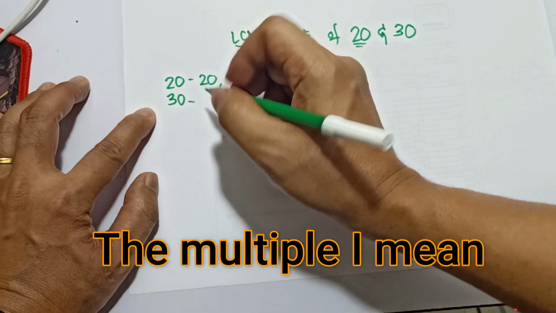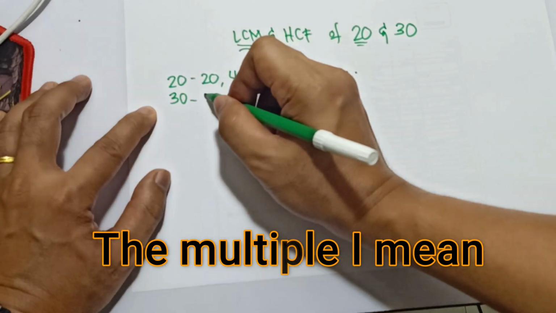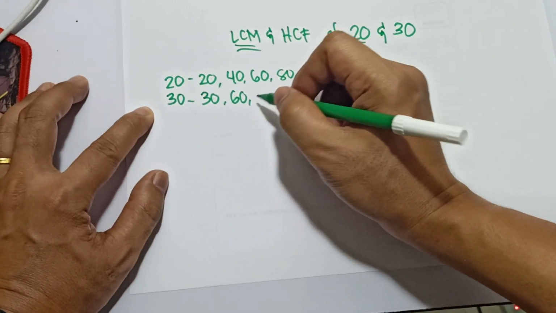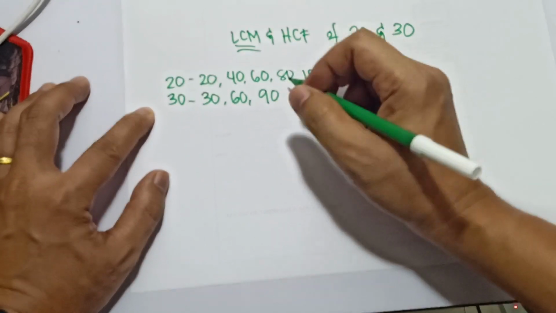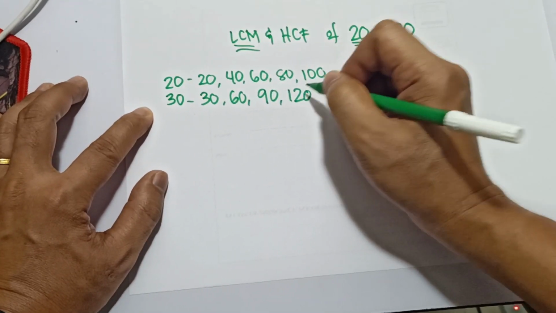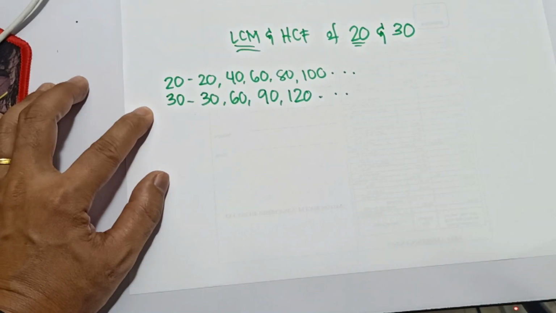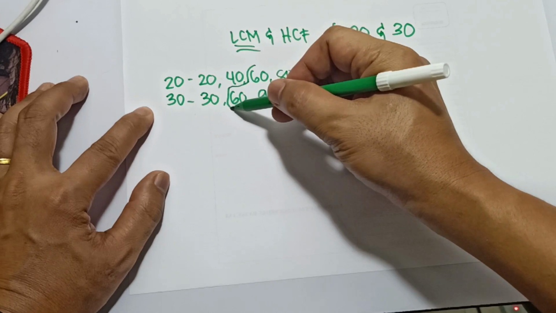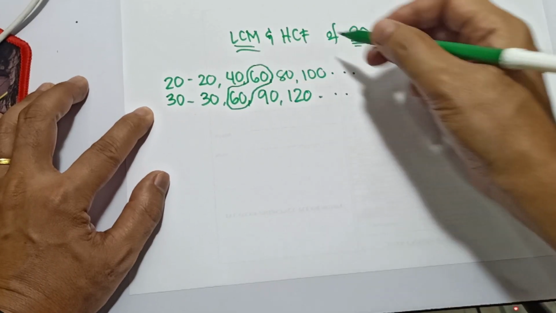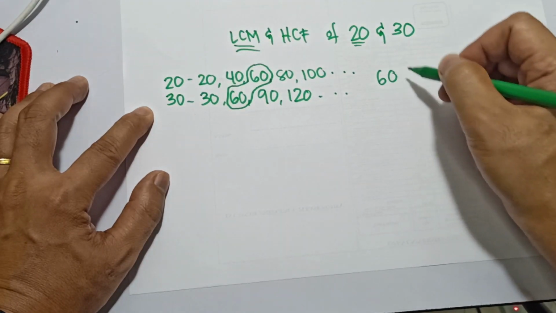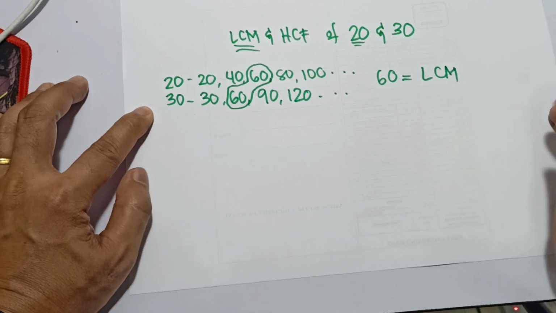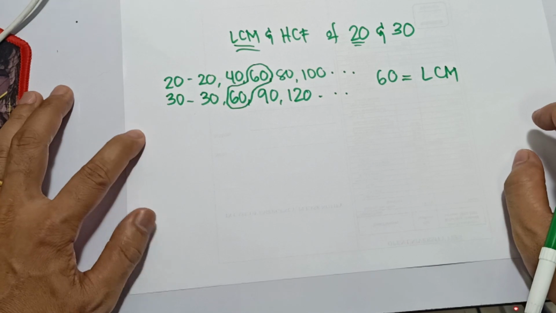While the multiples of 30 are 30, 60, 90, 120, and so on and so forth. So as you can see, you will get 60 here as their LCM. So 60 is equal to the LCM, right? But the HCF